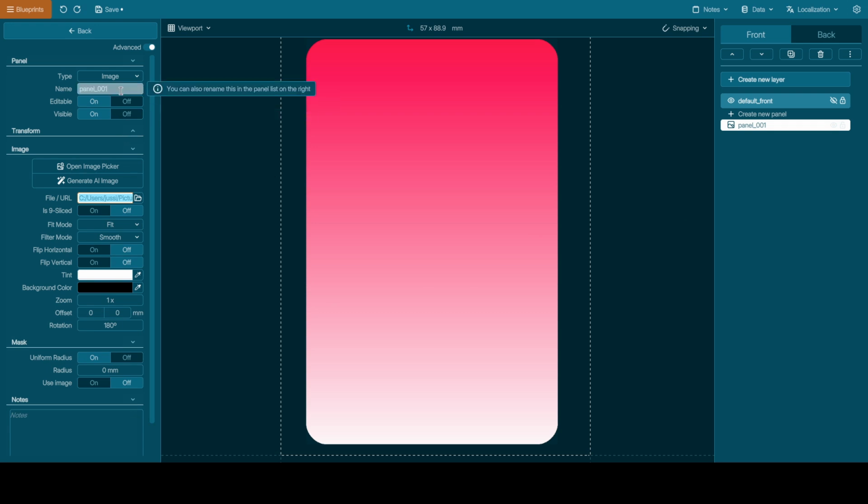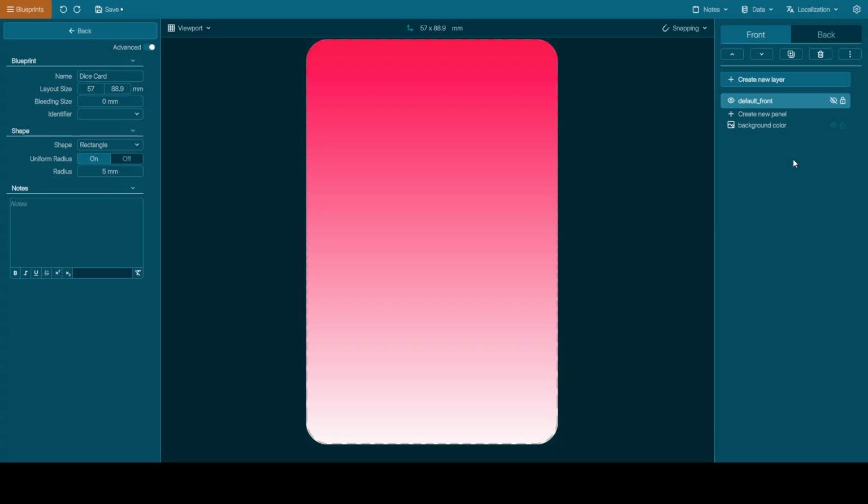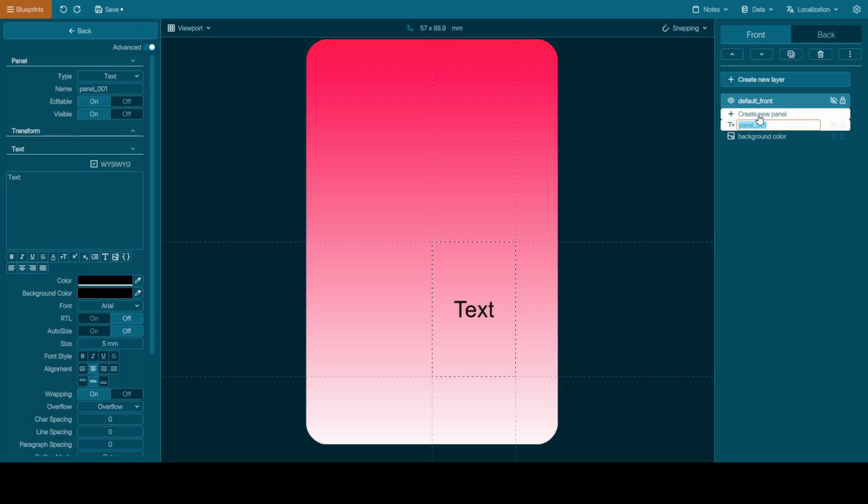Let's change the name of the panel, like so. And then what other things we need, yes, we need the text, the value of the dice. So we need a new panel. Let's change the name to dice value.